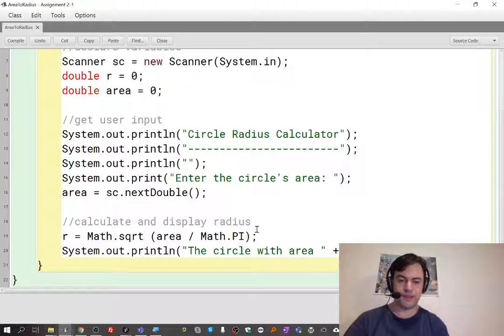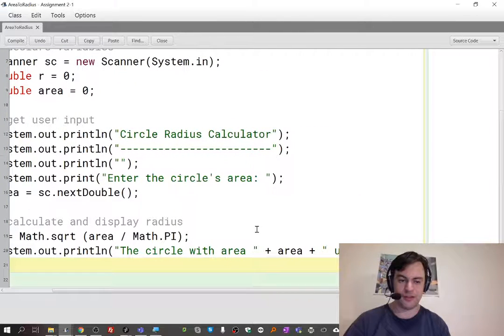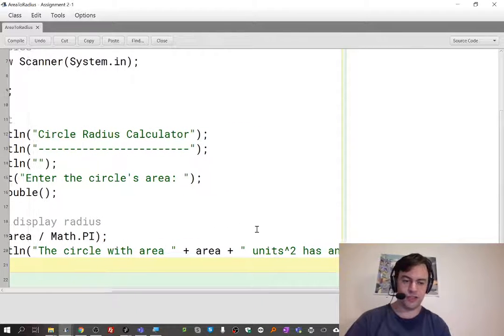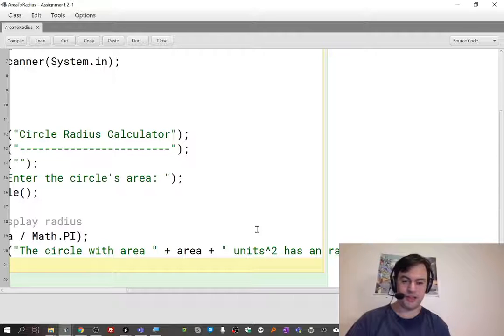Area. Units squared. I guess I'll put the caret there. Has a radius of r units, period. Haha, is corrected. Hey, notice that